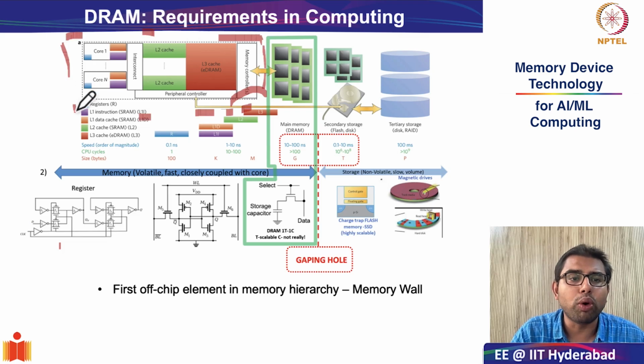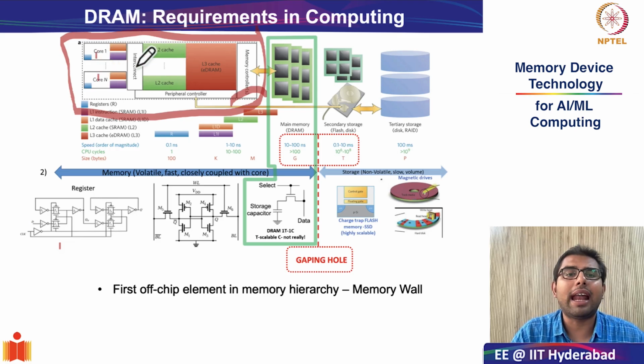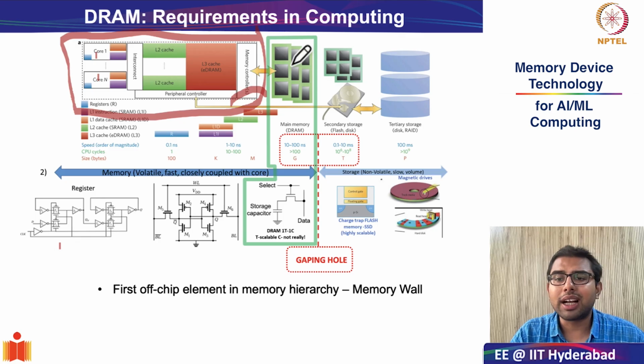This is the CPU subsystem chip consisting of your cores, your registers, and your L1, L2, and L3 caches, and your DRAM or your main memory constitutes the first off-chip memory element. Why is it off-chip? Why can't you include the main memory also in the same die or in the same chip as the